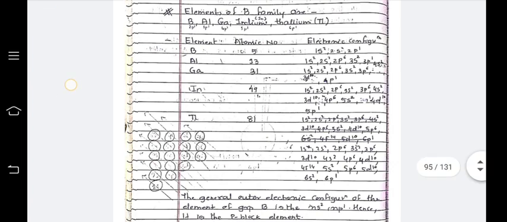As well as, an important question will be asked from the family: what is the valence electronic configuration of thallium, because it depends upon the orbitals. So it may give: dash is the valence shell electronic configuration of thallium. Options will be given there, that is 3d10 4s2 4p1, or 5s2 5p1, or 6s2 6p1.